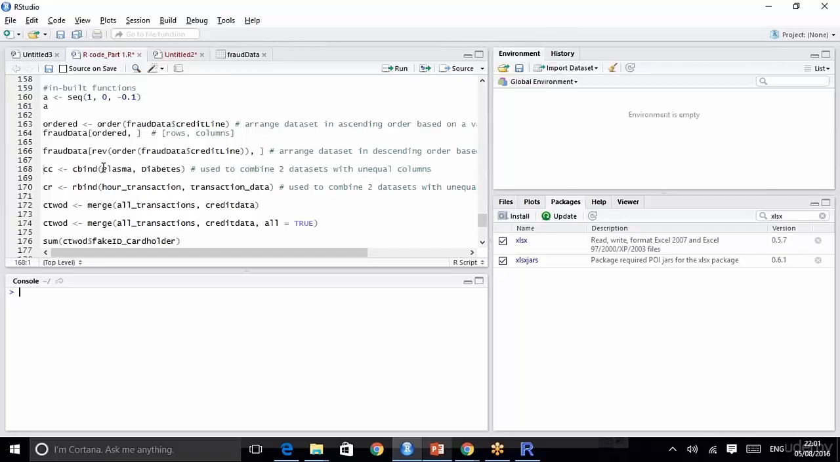Now let me show you how to combine two data sets. If you have two data sets, how do you combine them? That is what we will be doing now. There are two data sets, one is plasma, another is diabetes. If you do a drop down from text file,